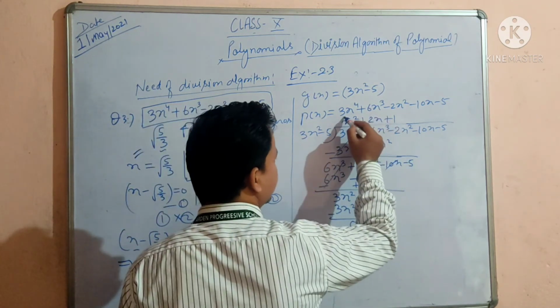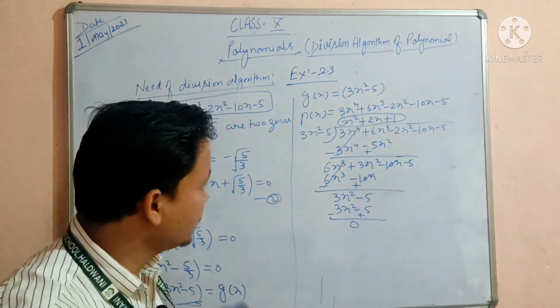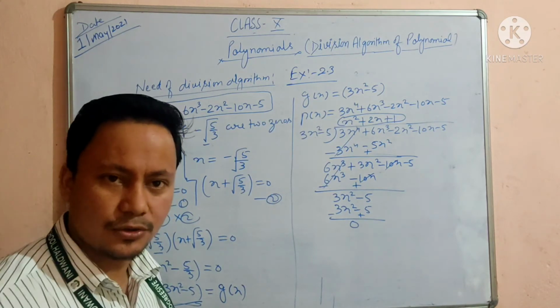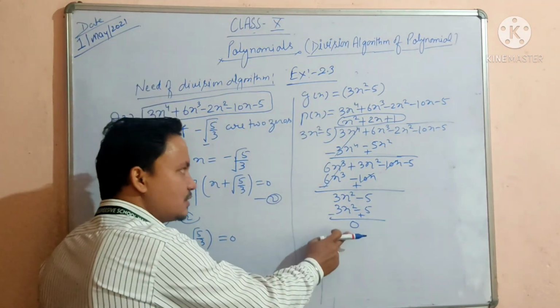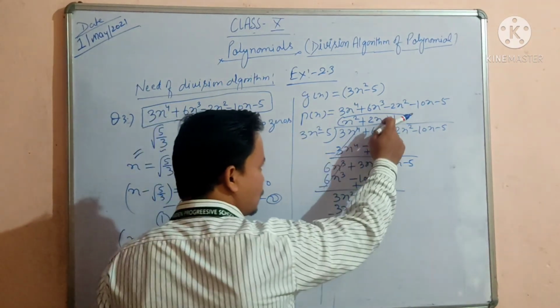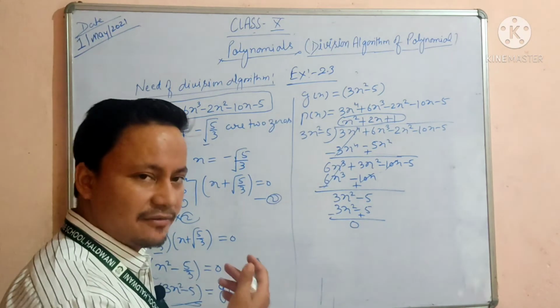So this is our quotient. The quotient will give you the next two factors, the next two zeros of this given polynomial. Why? Because the remainder is 0. तो ये तो ऑलरेडी है ही फैक्टर, तो रिमाइंडर 0 इसलिए आया. अब ये जो क्वोशिएंट है, it will give you the rest of the two zeros. Just go and factorize it.